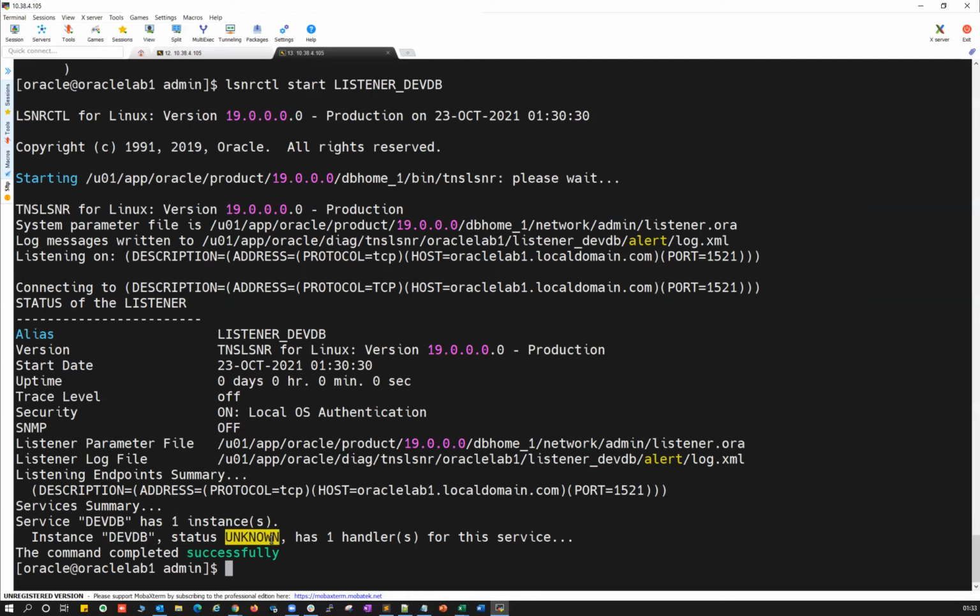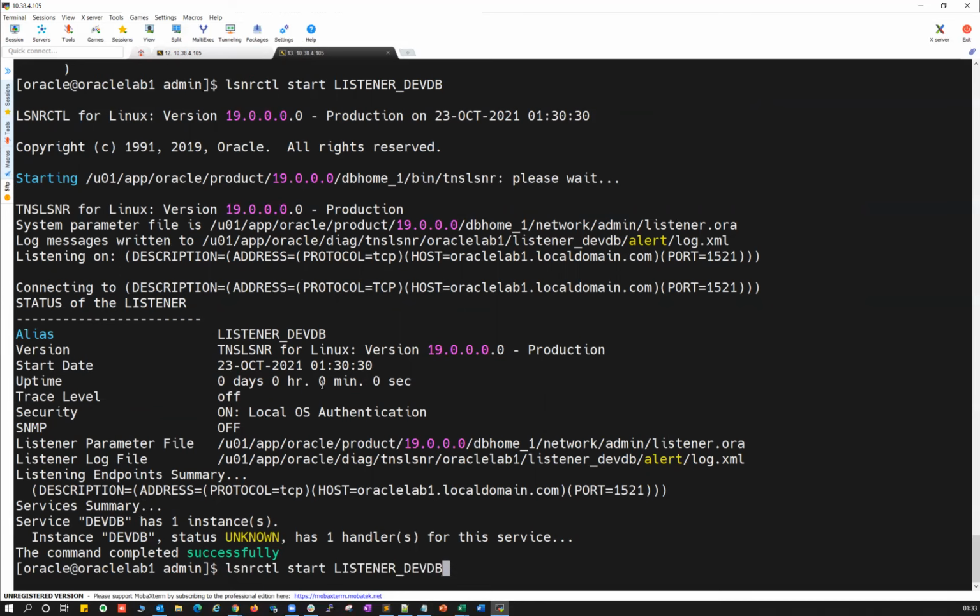Unknown in the sense that my listener doesn't know about the database status, whether the database is opened or mounted or whatever the status it is. I'll just simply register whatever database is mentioned in my listener file, and register it with unknown state. Right, that's the indication of unknown state.